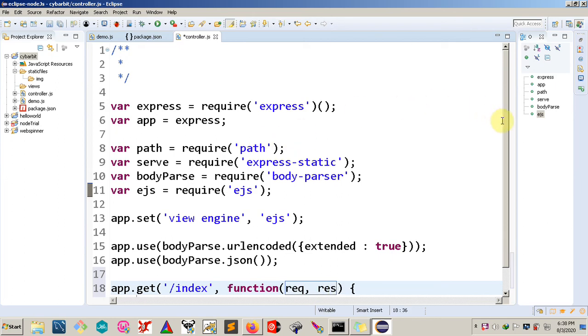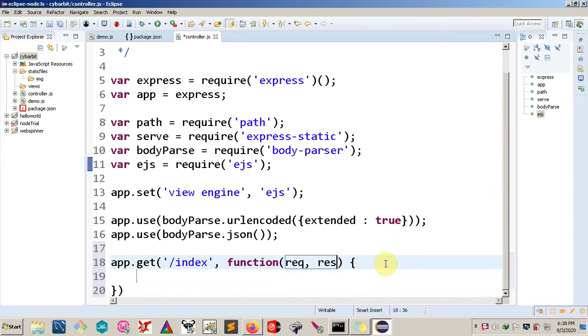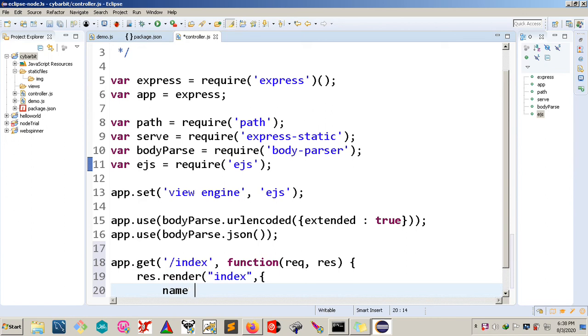And inside the function, I can actually say res.render the template that I need to be rendered, which will be the index template, and I might actually want to pass in some variables. For example, my name here, good starting point. So just name equals Peter. It's supposed to be a string,